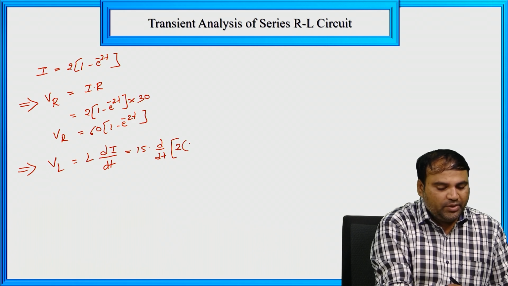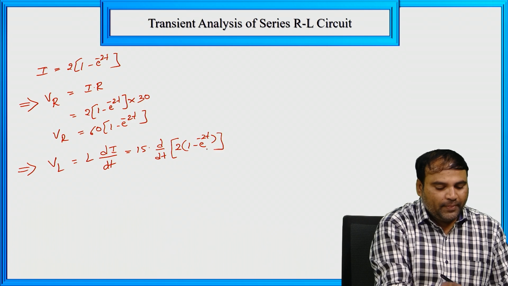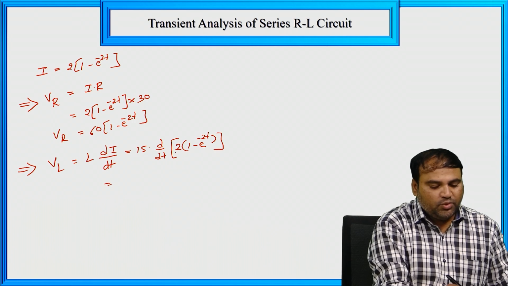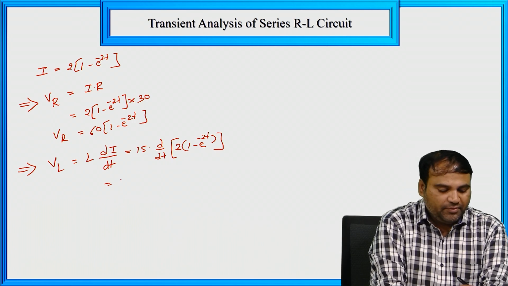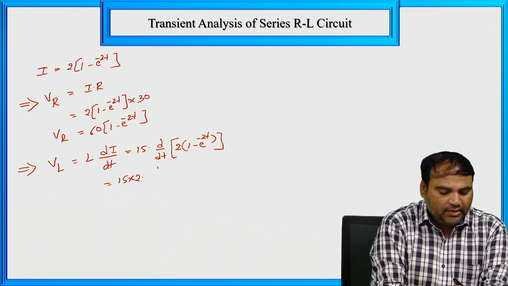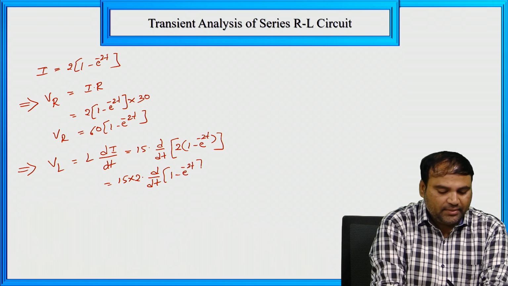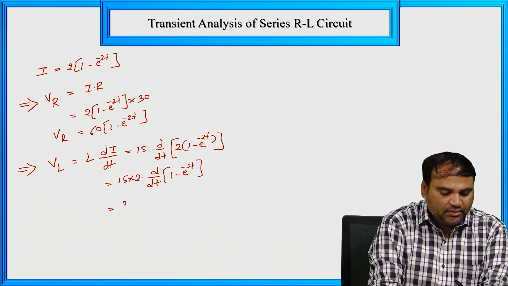So 2 into 1 minus e power minus 2t, that is equal to, so 2 is constant. So 15 into 2 into d by dt of 1 minus e power minus 2t, that is equal to 30